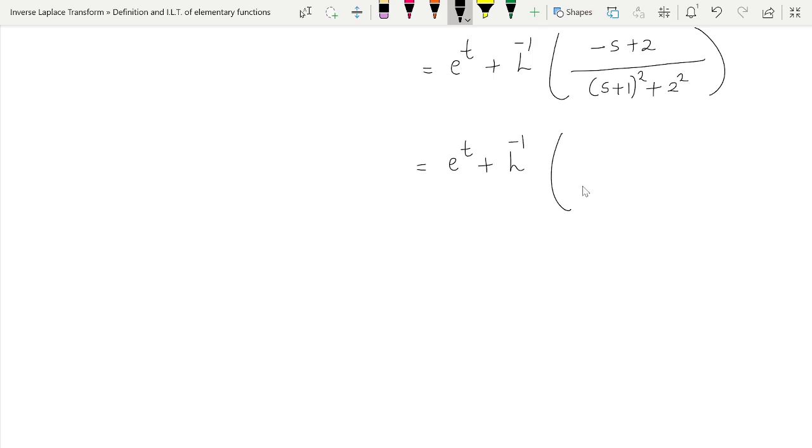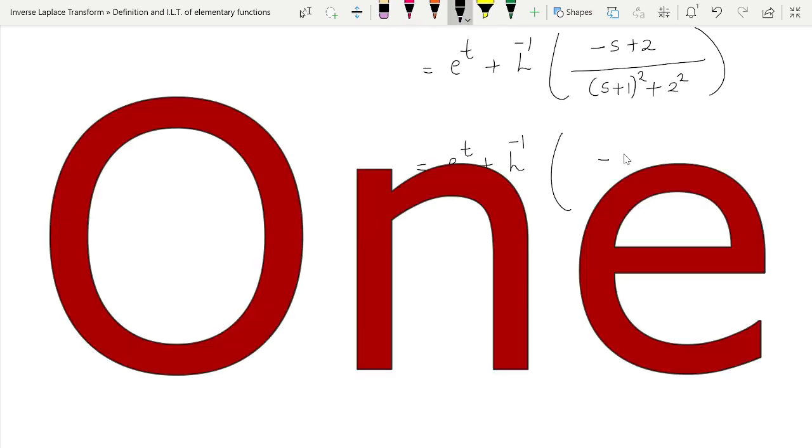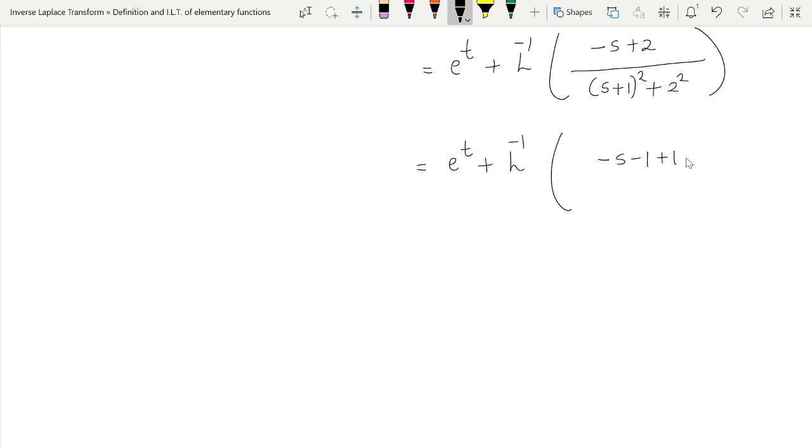So definitely we can adjust it. So this is minus s plus 1, right? Since I want s plus 1 in the numerator, I have subtracted minus 1, and I have added 1, and this plus 2 as it is. If you cancel 1 and minus 1, we'll get minus s plus 2 back, right, upon